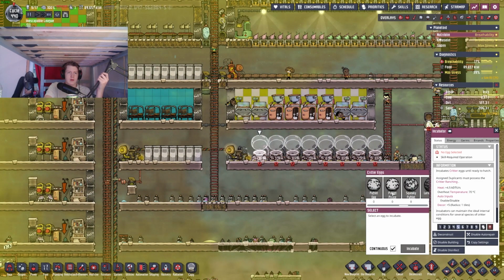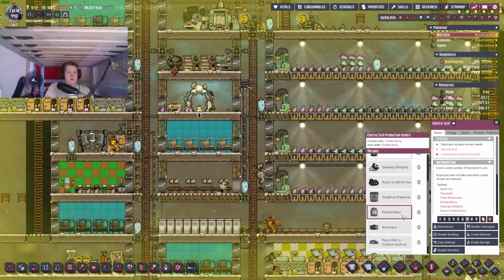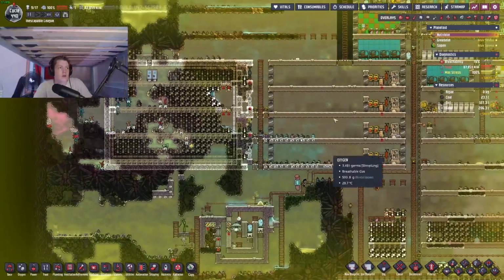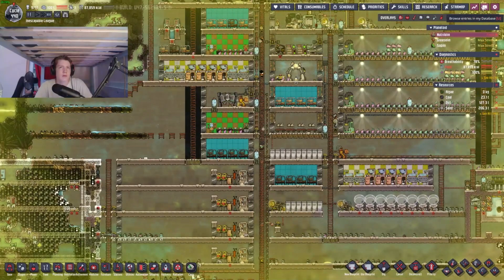Half of them are going to be on hatchling eggs, and the other half is going to be on stone hatchling eggs. And then for this... Wait, why are we doing this? Yeah, no, we don't want eggs. We want barbecue. There we go, barbecue. Alright. Okay, so now that these 2 are being built, the only other thing that I need to worry about